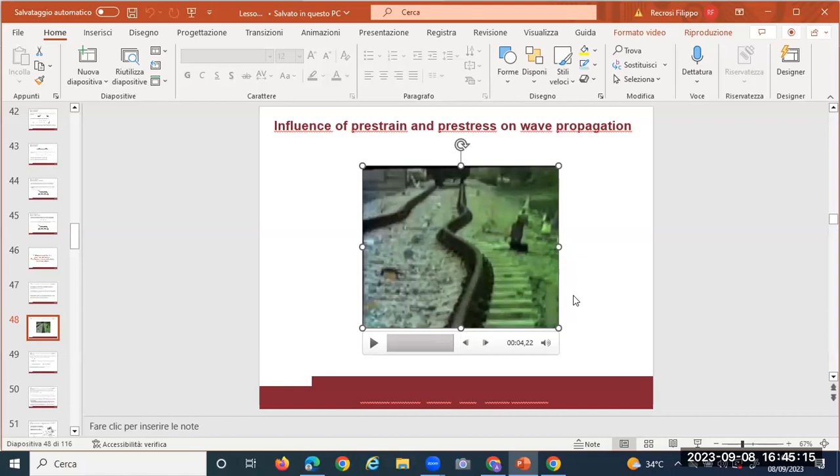So there is an interest in having some instruments to monitor the pre-stress. And one idea was to apply the theory of acoustoelasticity. The theory of acoustoelasticity is a theory which describes, in its linear version,